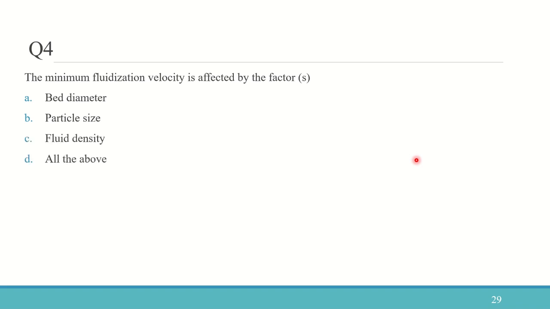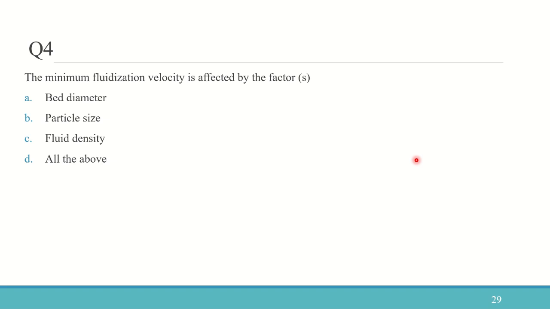So minimum fluidization velocity can be calculated from Ergun's equation if we speak retrospectively, and therefore if we get minimum fluidization velocity from the Ergun's equation, what are the factors minimum fluidization velocity would be depending on? So first one is diameter of the bed. So obviously diameter of the bed, it is playing a role,